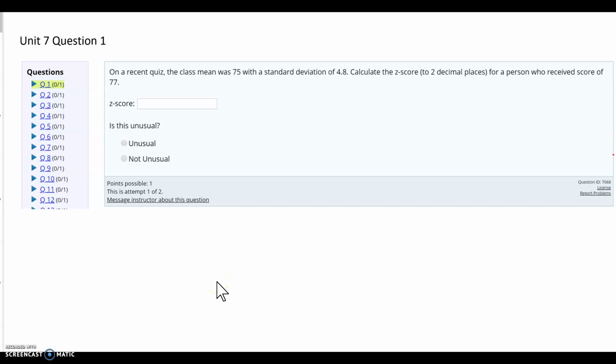For this question, we are asked to find the z-score. And to do this, we need to use the formula. The formula for the z-score is z equals x minus mu divided by sigma. If you recall, x is the value that we're testing against the mean. Mu is the population